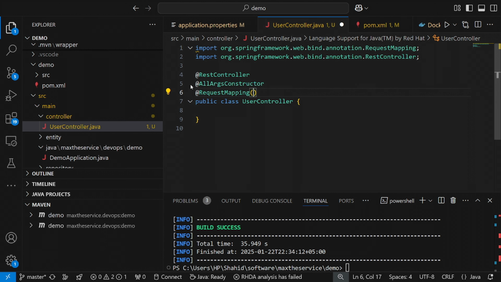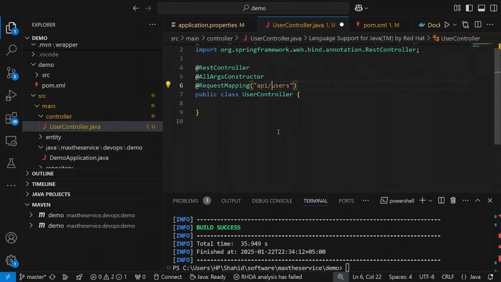It's a base mapping. Whenever you are going to hit this API, you must know, like if I'm accessing a user-based API, I can use API slash users. Okay, then we must have user service